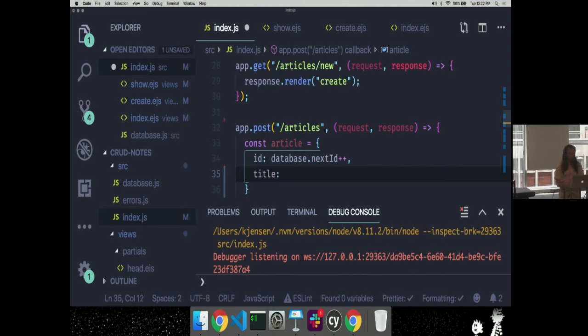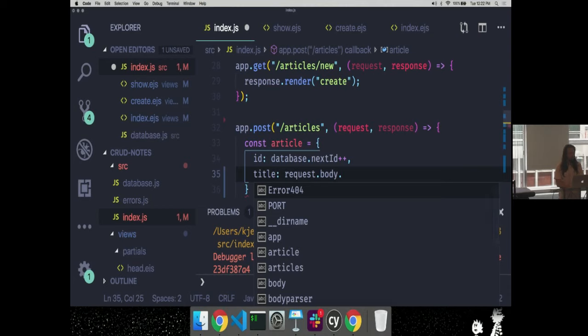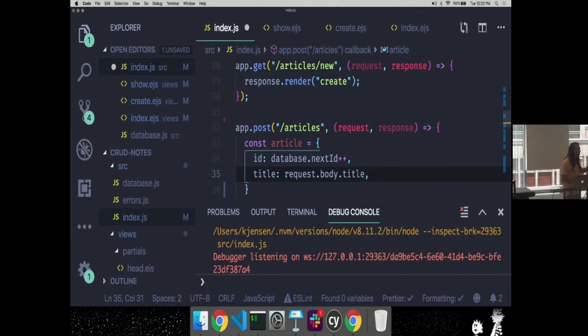Title, that's going to come from request.body.title. This is the body data. Remember that URL encoded data we looked at a long, long time ago? Sorry? Yeah, from the form, exactly. The URL encoded data from the form. That's going to be sent to Express. Express is going to take that data, and we need to convert that into key value pairs.